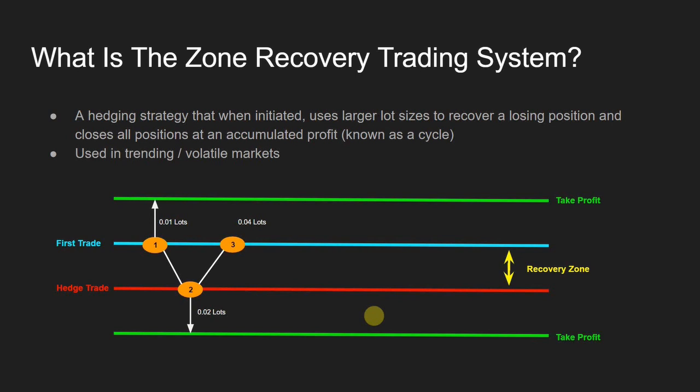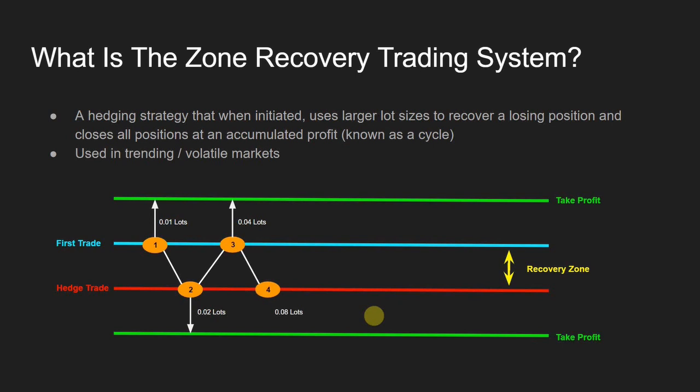So again, there are two things that can happen. It can either hit the take profit target, and if it does, trade one, trade two, and trade three will all close with an accumulated profit. So we will close out the cycle in this scenario, and then we'll look again to place that initial first trade. Or it could go against us again,